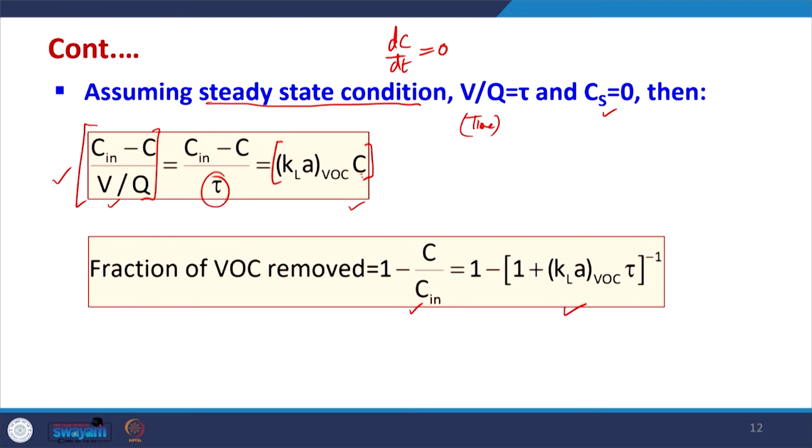Otherwise, we can go the opposite way also, using equation 1, if we know how much the final concentration should be. If this is known, then under that condition C in is already known. The known parameters will be like C in, then the concentration, because it will be obtained from the standards.